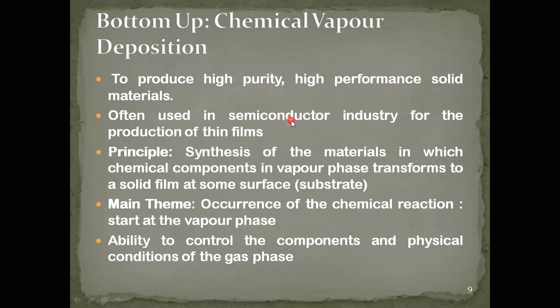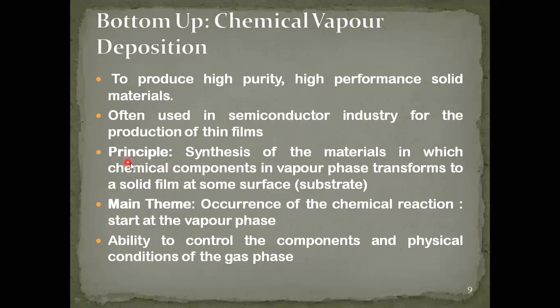Chemical vapor deposition is mostly used in the semiconductor industries for the production of thin films. This is very important because earlier we had the ball milling technique, in which we are just closing the lid. Closing the lid just means preventing some of the gases or contaminants from getting into the material, but it doesn't ensure that it is pure. So here what we are doing is creating a vacuum. In that vacuum, the gas is also evacuated, so nothing is there inside. There we are preparing the nanomaterial, so that it is of high purity.